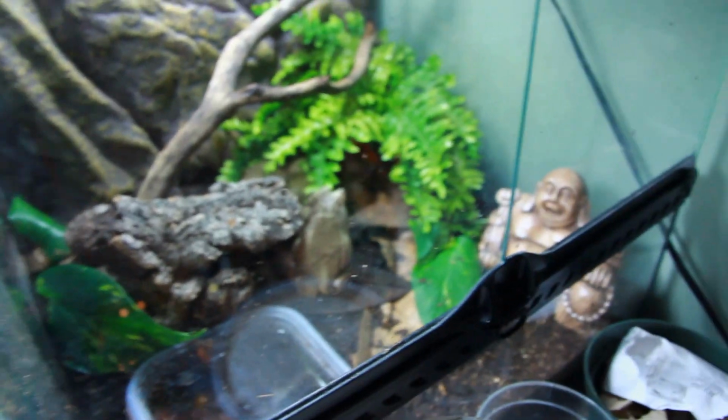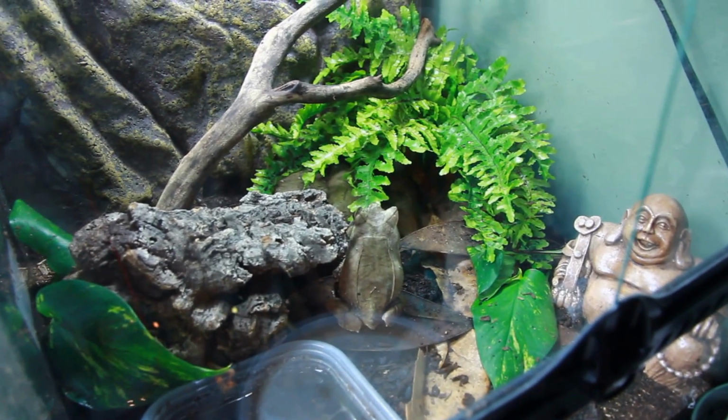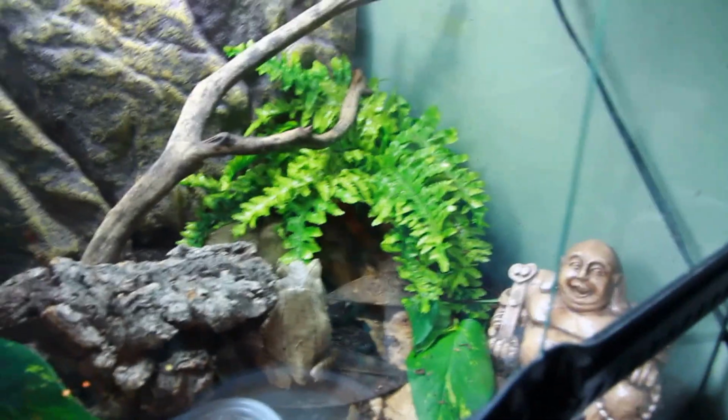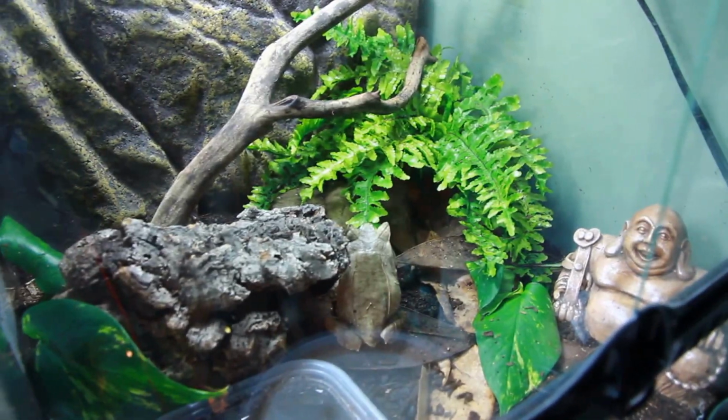Whoop. Sneaky little Malaysian leaf frog. Wasn't really going to put him in this video. There he is. He's just out of his little hole, rocking around. The pothos I put in here is not doing well, but I do only have a really crappy light over this. I moved my other plant light to another tank that I just thought needed a little bit more. So moving on,